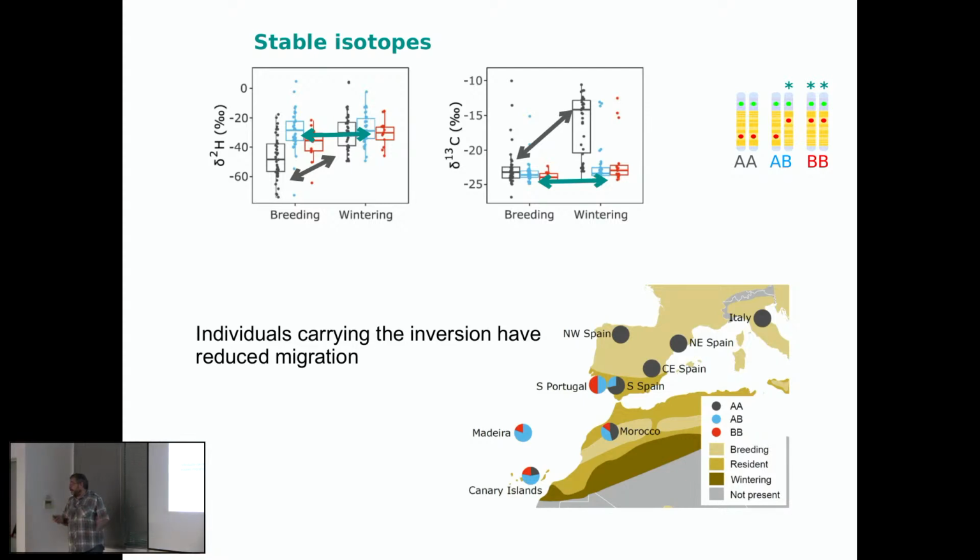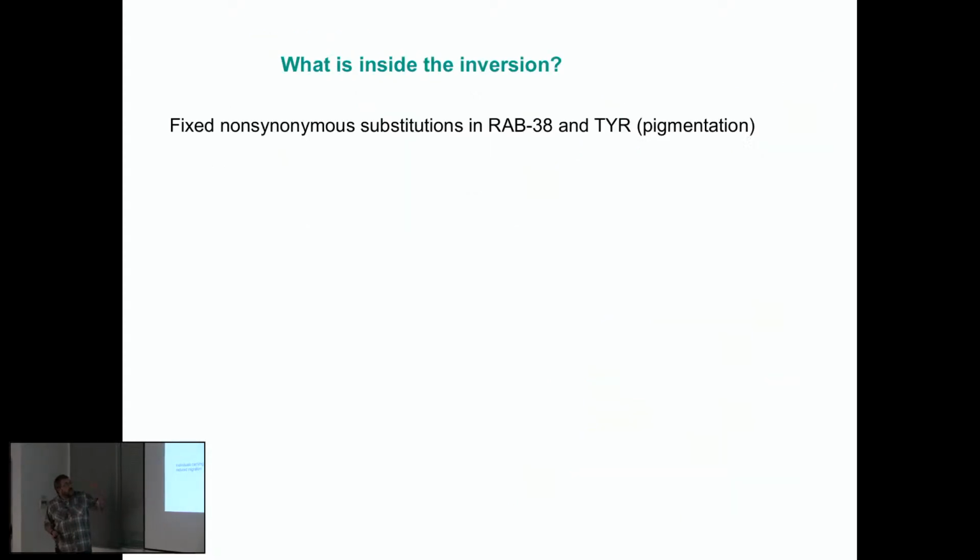Every time I've been making this presentation, the same questions come up. Okay, what is inside this big genome fragment? Well, it's 1,200 genes. There are lots of things. And we have not yet done a very detailed analysis of all the 1,200 genes because we expect that we can find anything there. But from the original publication already, Sarah observed that there are two genes associated with pigmentation that show very clear differences between quails with inversion and without the inversion. So that could be associated with the differences in color. Okay?